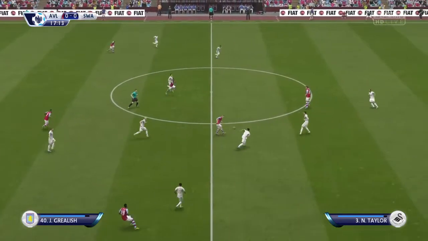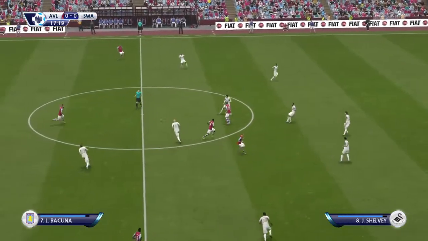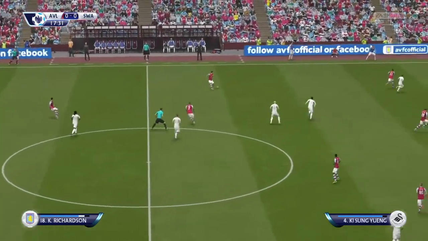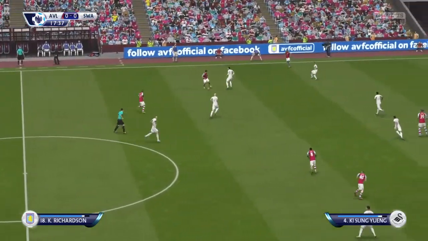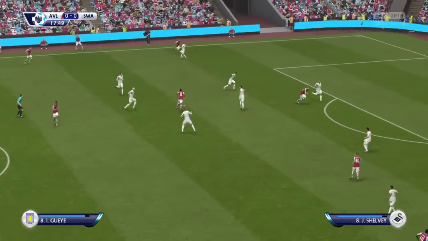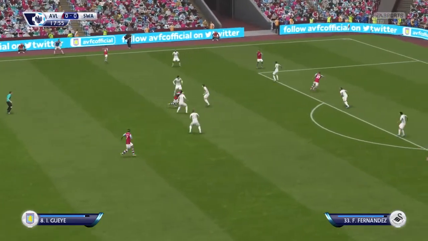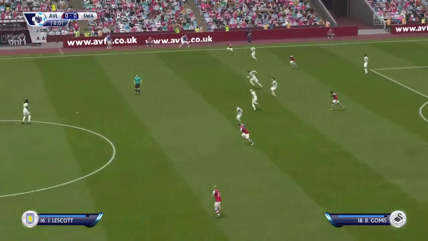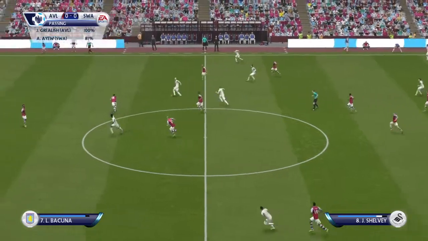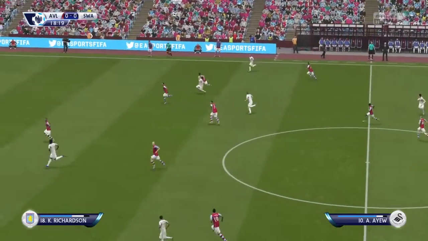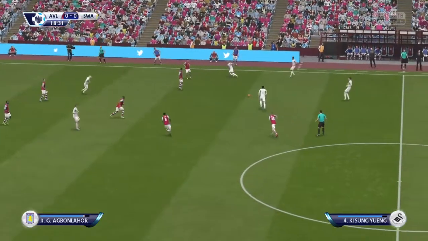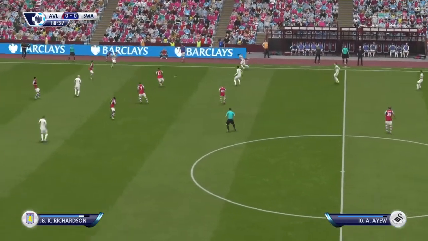Leandro Bacuna. Kieran Richardson has got possession here. Gueye. He's lost the ball. Gylfi Sigurdsson. Jonjo Shelvey. Ki Sung-yueng.